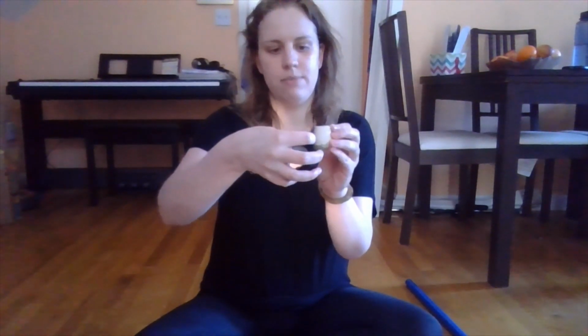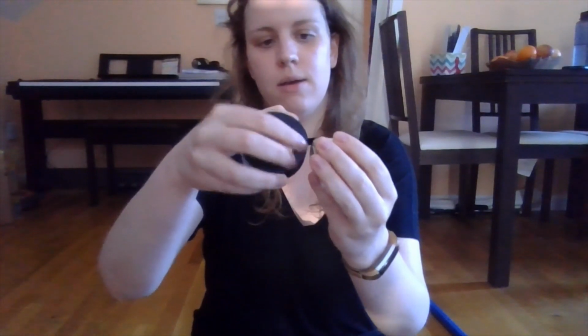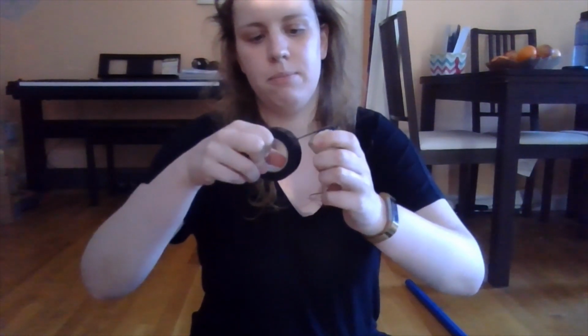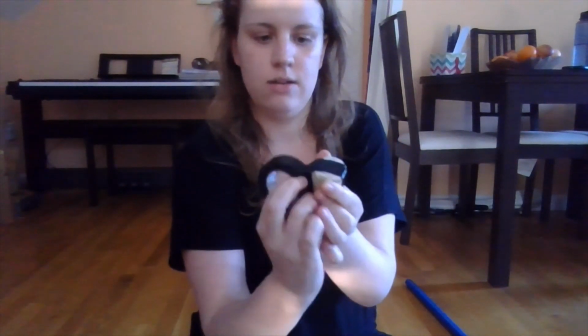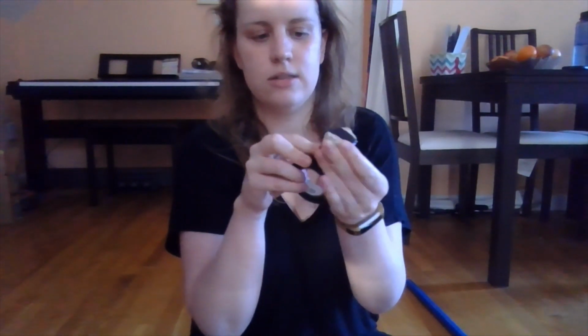So to start, I'm going to take 1 end cap. I'm going to place the tape along the side, going up and down so that there's a little bit extra. I'm going to take that extra, push it into the end cap. Then I'm going to take the tape, pull it tight, place it down on one side of the end cap, smooth it down, pull it out over the top, smooth it down, pull it over the other side of the end cap, smooth it down,